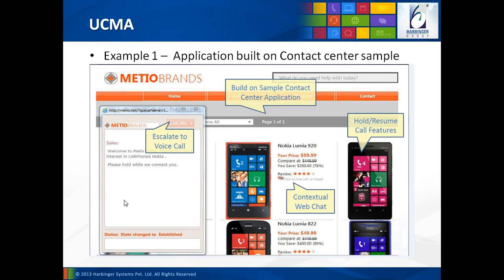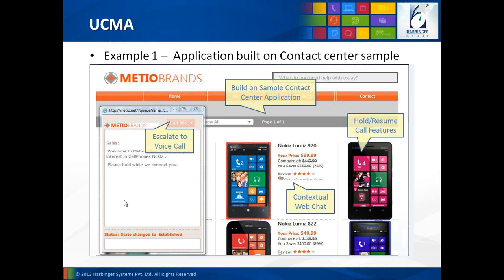Now this can be looked at and programmed in many different ways according to different business needs. Some call centers or contact centers may have a policy where they have a supervisor monitoring every call. So when the UCMA application creates a call between the expert and the user or the customer, it can add a third user, which is a supervisor, and create a conference.